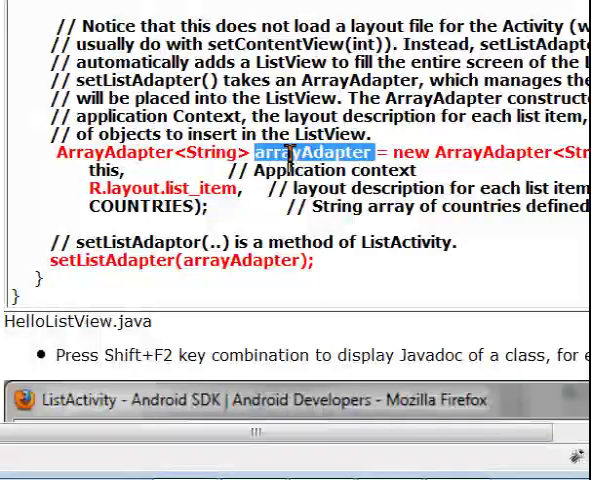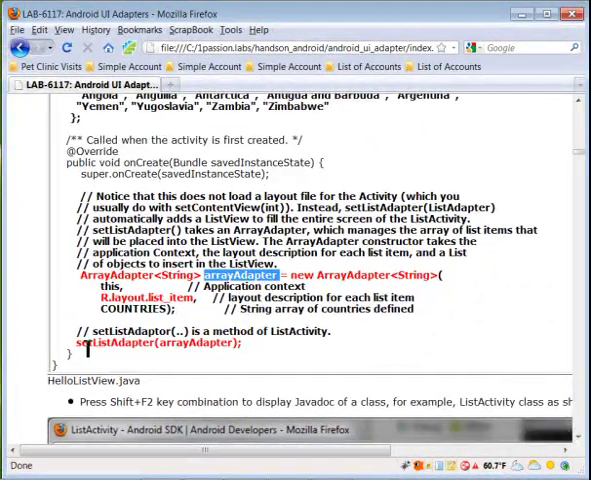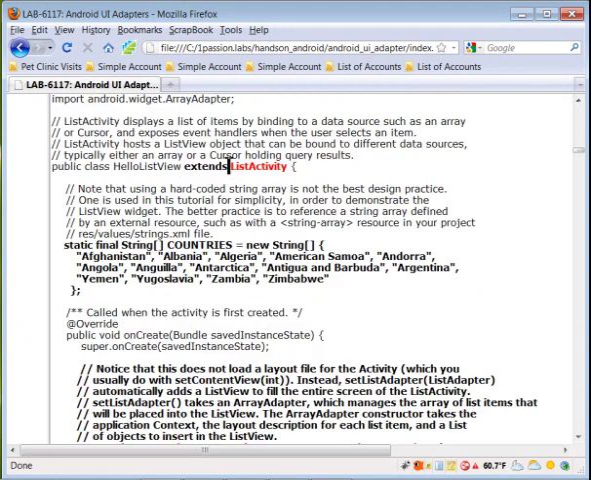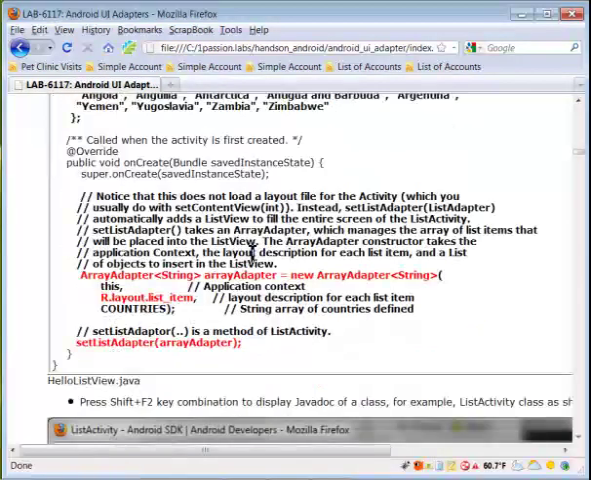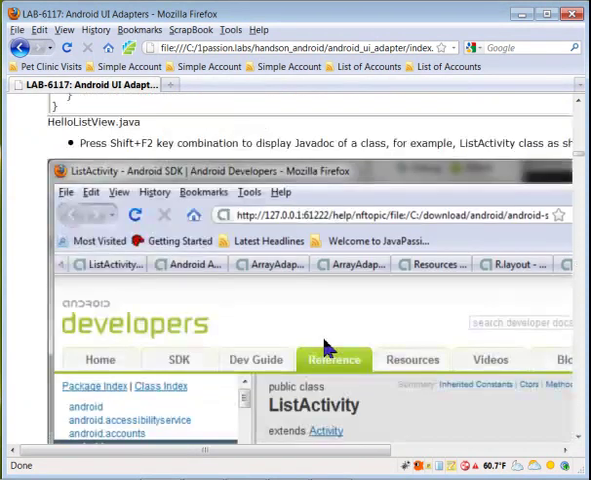Okay, so once you have the array adapter object, you're going to call the set list adapter method, and this set list adapter method is actually from the list activity class, passing that array object. All right, so when you run that application,